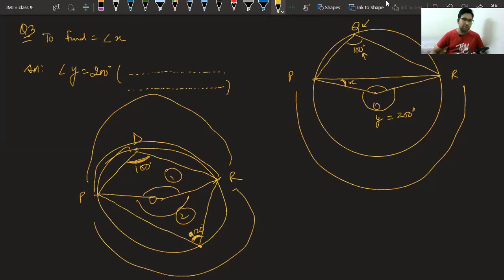Anuranjan, beta, we have studied that this angle is half of the angle, this one. Okay? Because for this arc PR, this D is lying on the remaining part of the circle. The main line that you have to understand is the remaining part of the circle. If you are able to understand what is the remaining part of the circle, you can easily find the arc. Okay? Now see, where is the razor?